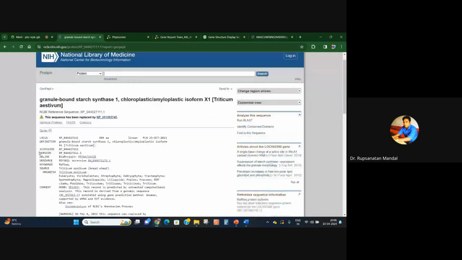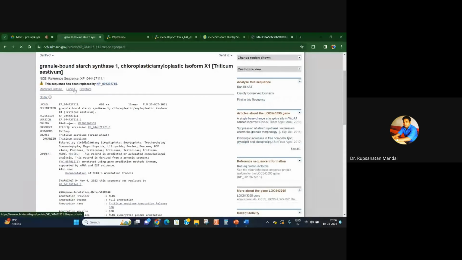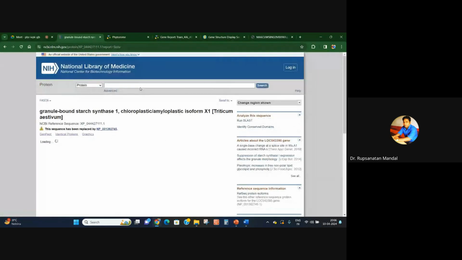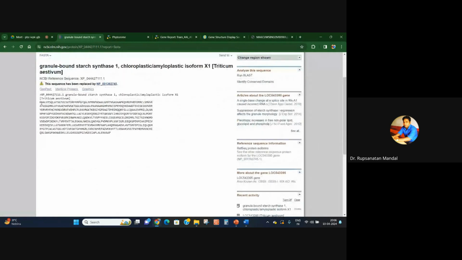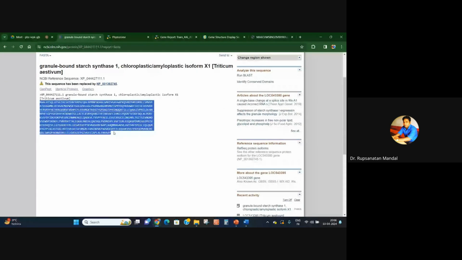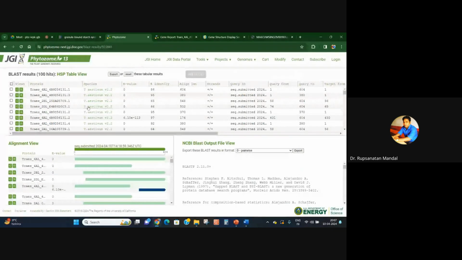You can get that FASTA sequence after clicking. So this is the FASTA sequence. If you take the mRNA only, maybe that mRNA is only for one of the exons, so you cannot get the whole gene sequence. So I think always prefer the protein sequence. After getting that protein, you just click on go to the Phytozome,